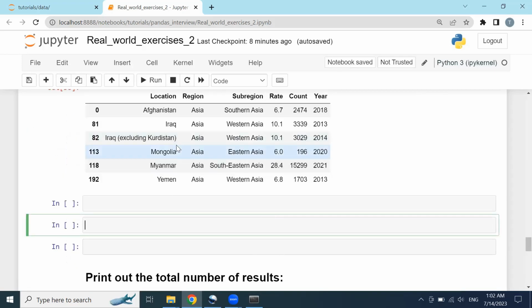Okay, we also have the query syntax here. We should not forget it. We are just typing df.query, then inside the double quotes. Always try to use the double quotes because you are going to pass the value inside single quotes. Region equals 'Asia',